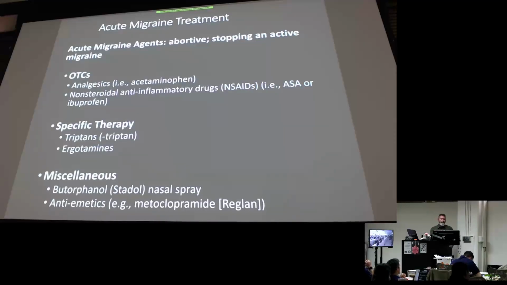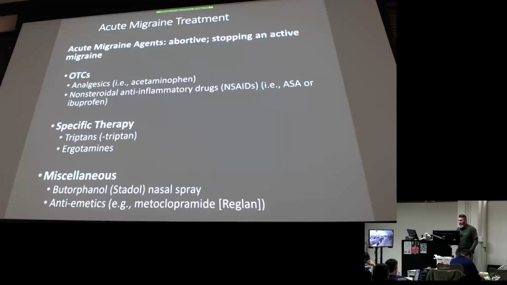People may find some over-the-counter combinations of analgesics that may help. Usually that's for mild to moderate. For moderate migraines, you're going to get to a triptan, hopefully. It'd be great if they were controlled just with either Tylenol or NSAIDs, but the data says no. Usually we're going to go to the middle bullet there, specific therapy, the triptans.